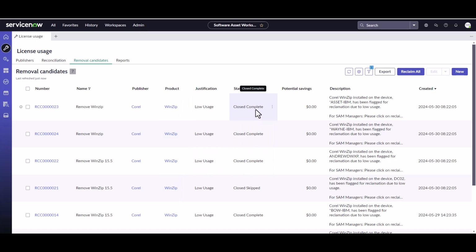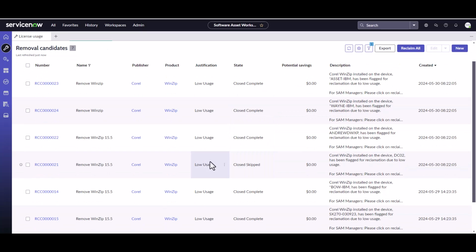And we can see they've all now been moved to a state of close complete, except for that one we did manually ourselves for that DC2, where we skipped that one. All the rest of the installs were removed by our team. They went out and did all the uninstalls at CCM or whatever the tool is, captured the inventory that, hey, that software was removed, that installation record got removed from ServiceNow,